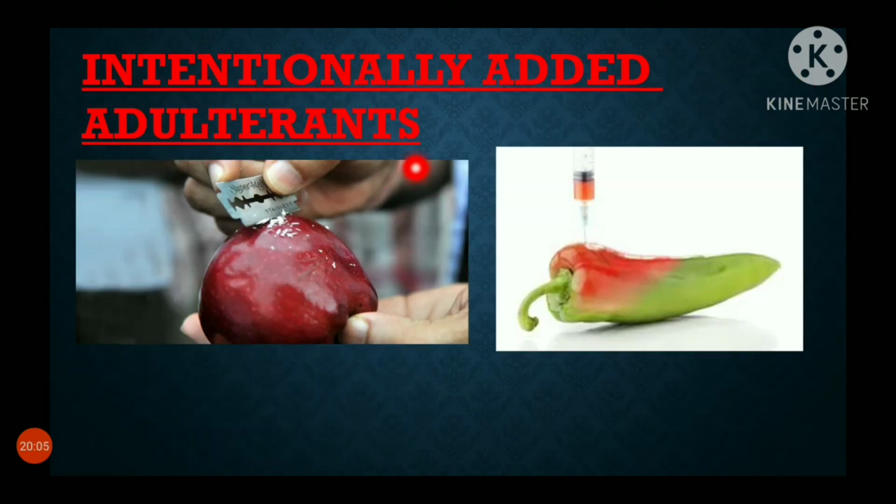Next is intentionally added adulterants. Intentionally means wantedly. You can see the pictures. We are doing it purposely to attract customers. These adulterants are added intentionally, wantedly for financial gain, means for good profit, good money, and have serious impact on the health of the consumers. If you buy by getting attracted to them, what happens? Our health is going to get spoiled. These types of adulterants include